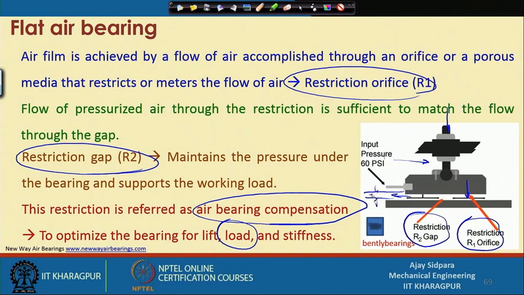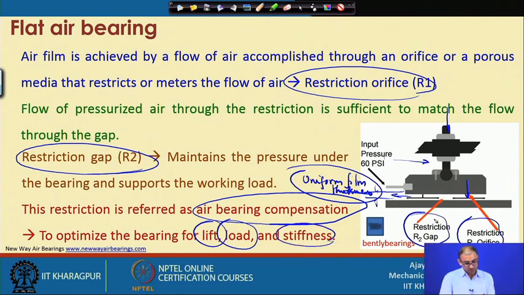Our objective is to keep the film thickness uniform, correct. So, that is the thing. Lift is also important, how much it moves up and down, and the stiffness is important, because it should not deform completely under a particular load. So, this whole thing is considered in the bearing compensation, and for bearing compensation you have to pay attention to these two things, the restriction orifice and the restriction gap,